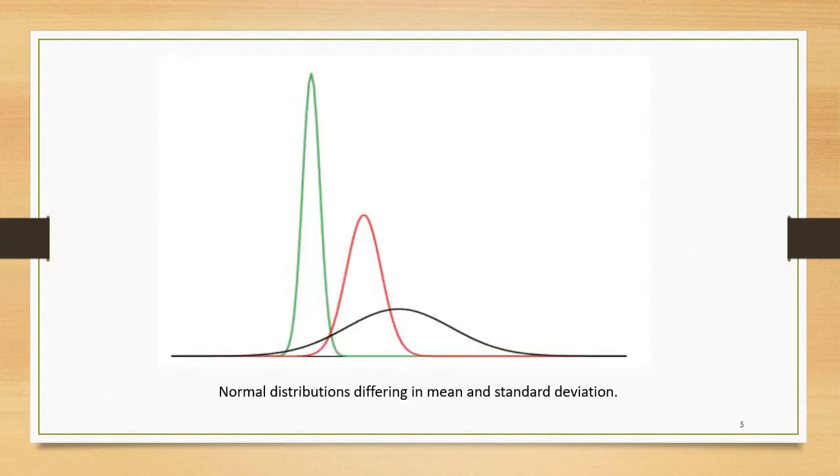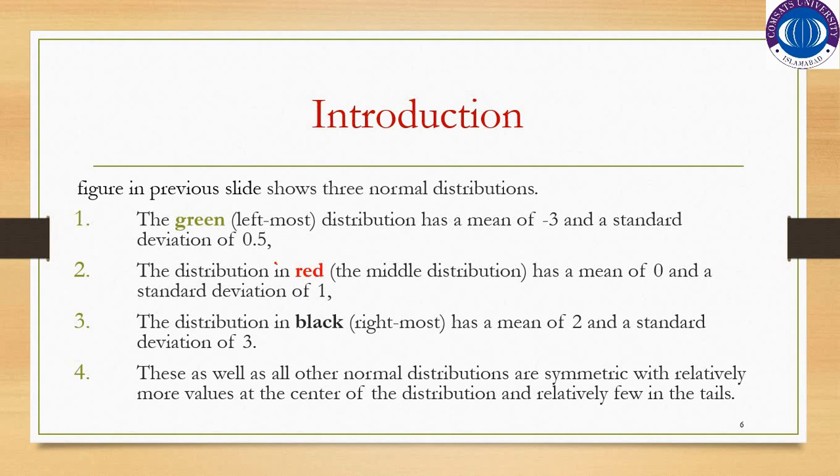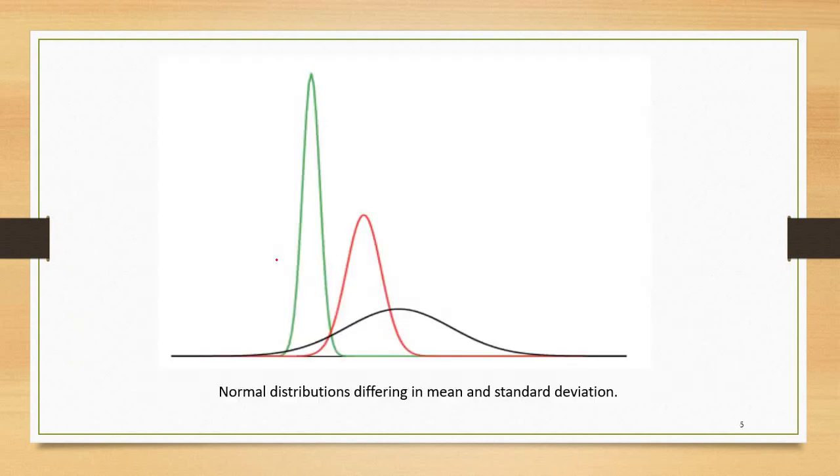So here are some normal distributions. This is the green one, this is the red one, and this is, I guess, the black one. Yeah, this is the black one. All these three normal distributions differ because their mean and variance are different. What this figure is saying: the green leftmost distribution has a mean of -3 and a standard deviation of 0.5. So this one has mean -3,